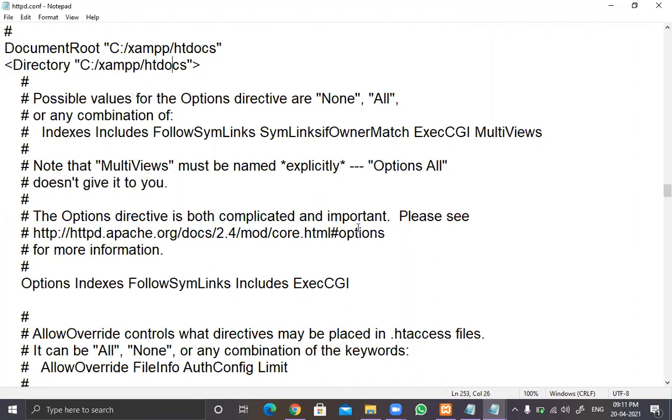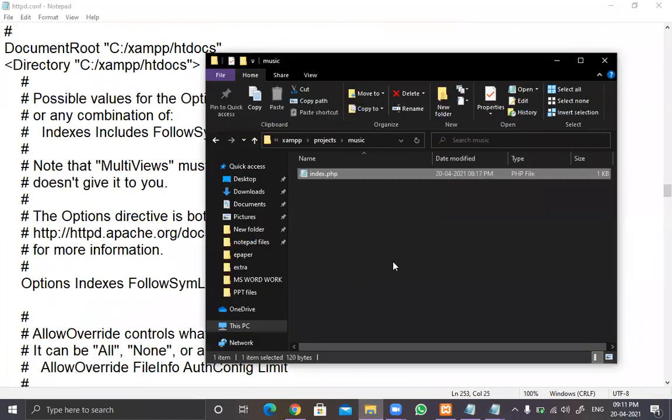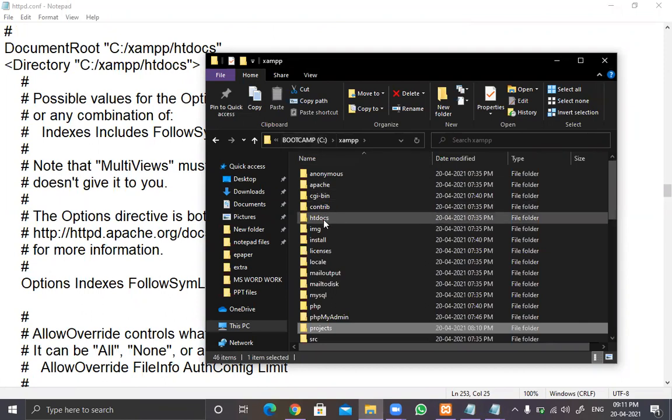So XAMPP has allowed the folder to open under the htdocs folder. But if you look at the directory structure that we have created, it's outside the htdocs. This is htdocs, and we have this folder projects in which our projects are installed. So you need to give permission to this projects folder.